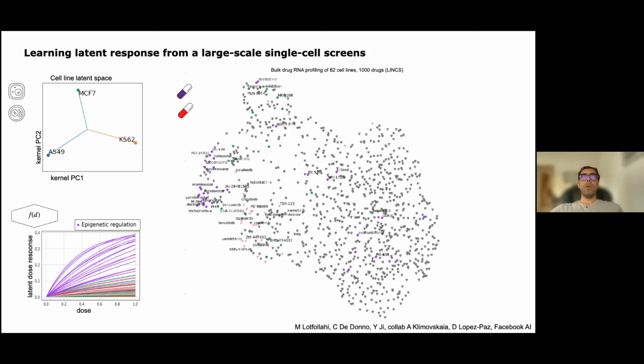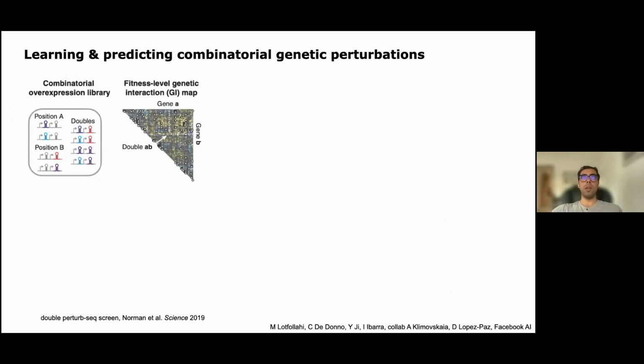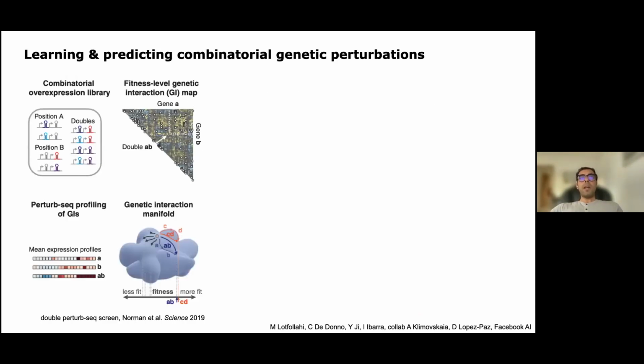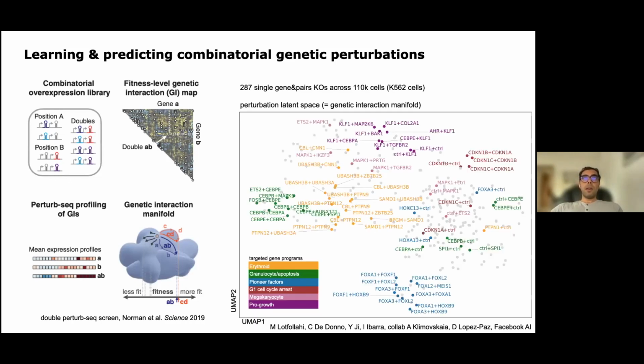And then we validated this by applying the model on the L1000 datasets, and showed that similar drugs actually clustered together in bulk data too. And finally, we applied the model on a combinatorial CRISPR screen